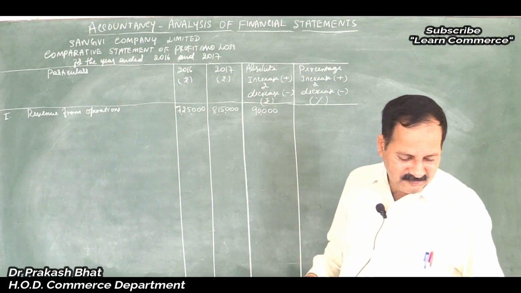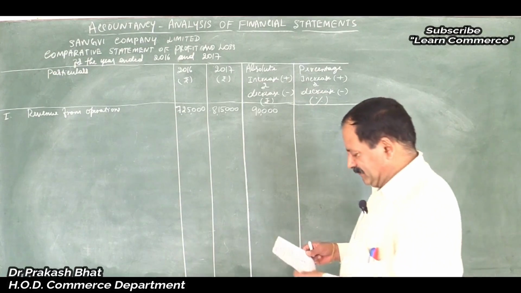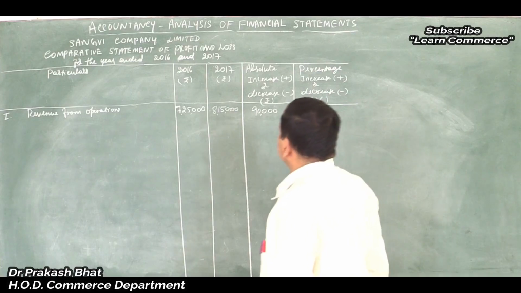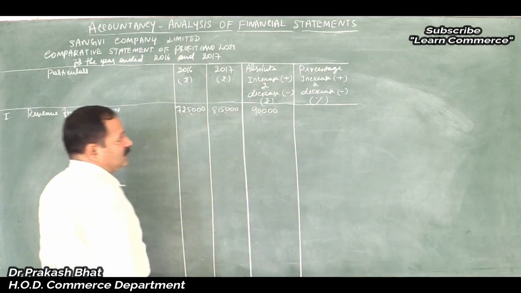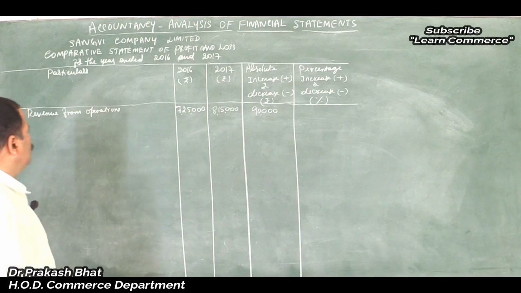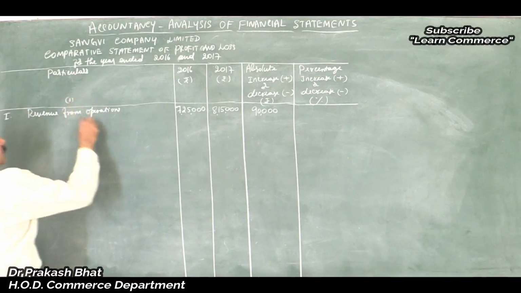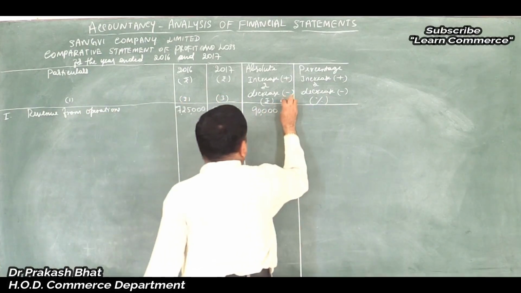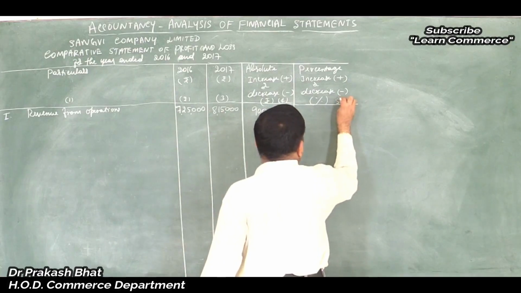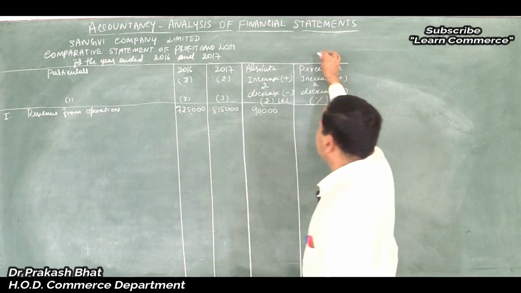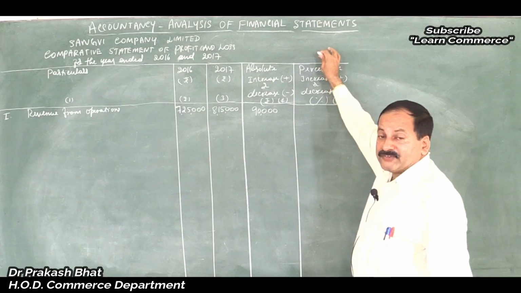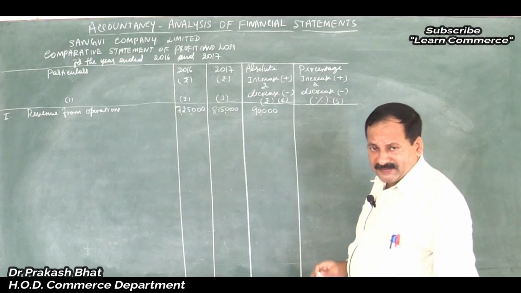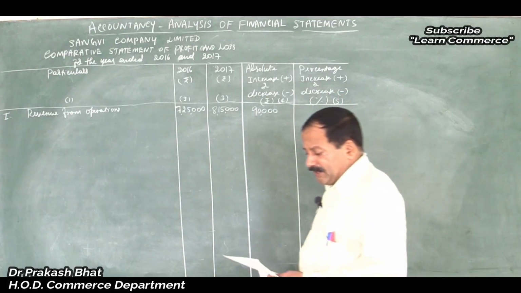Then, yes, now calculate the percentage. How to calculate percentage? Let us assign column numbers here. Column 1, 2, 3, 4, 5. How to calculate this? Write in pencil for your information while reading for the examination. No need to write in the examination. If you write also, it makes no difference, it's correct. Okay? How to calculate percentage?